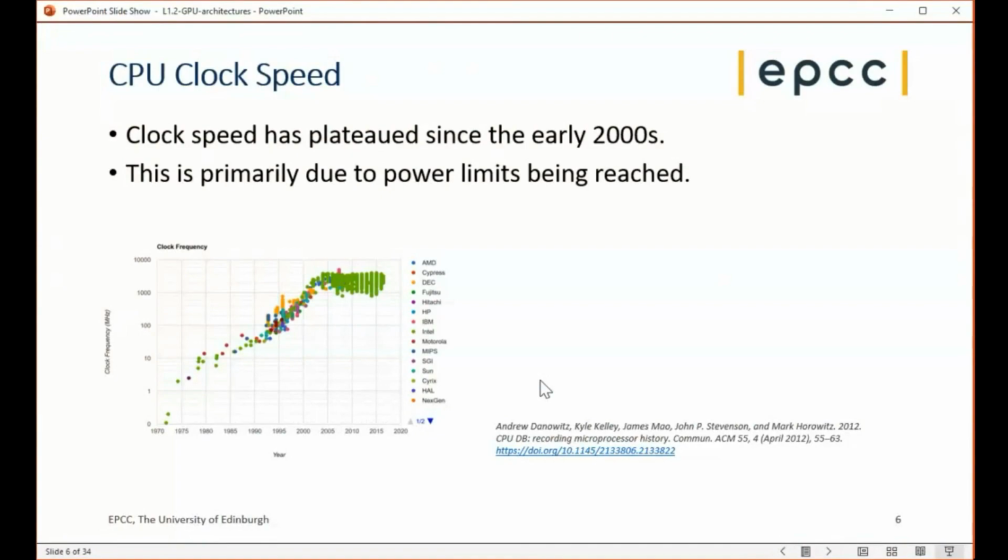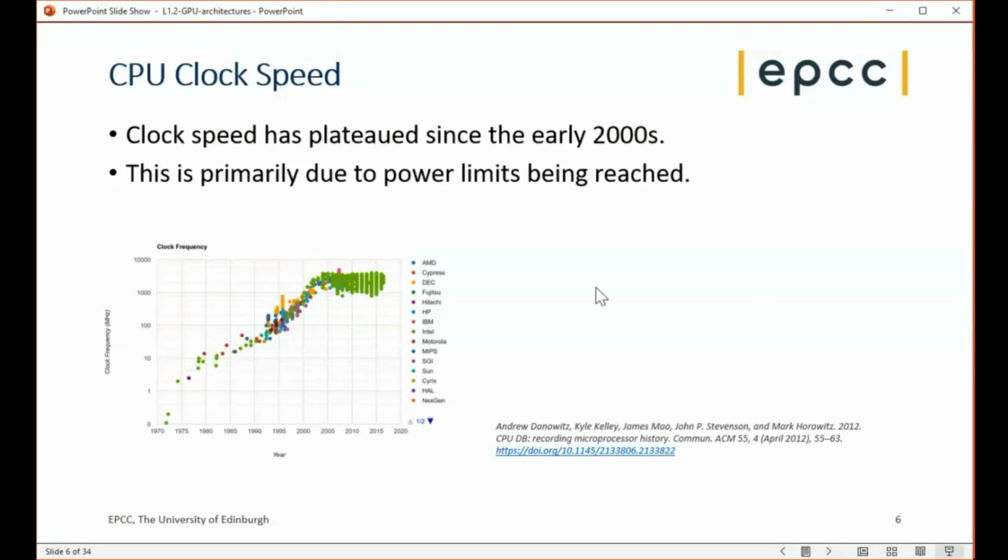You may have seen this kind of graph before, but for at least 3 decades, from the 1970s all the way through to about the early 2000s, the way that you got increased performance for your computer was that the clock speed went faster. So the frequency went from megahertz back in the 70s, up to gigahertz and multi-gigahertz in the early 2000s. But then that has just plateaued. An individual processor has not got any faster for the past 20 years, and that's really due to